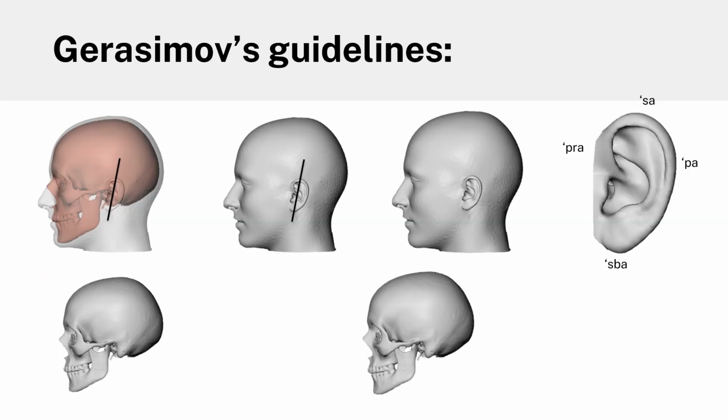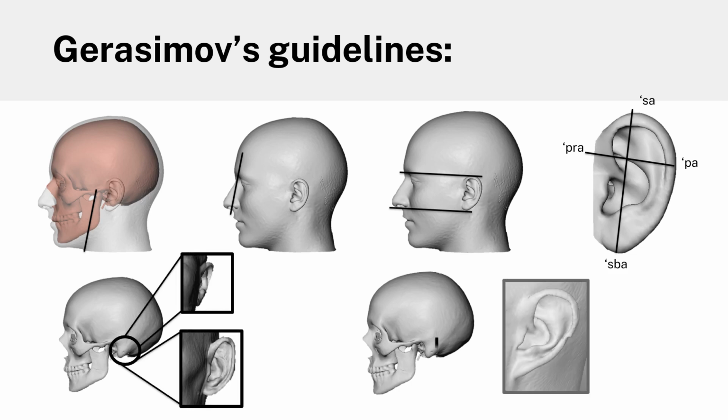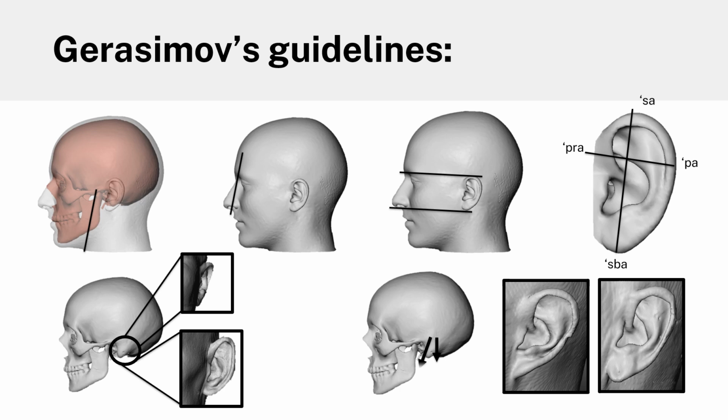Gerasimov set out various guidelines for approximating an ear, including angling the ear according to the ascending ramus, or the bridge of the nose, that the ear and the nose are the same height, that the breadth of the ear is half of its length, or how a mastoid process's orientation can influence the external rotation of the ear, and how mastoid processes' directions influence lobe attachment, with straight mastoids leading to attached lobes, and mastoids that project anteriorly leading to free lobes. All of these guidelines were, however, proven wrong.